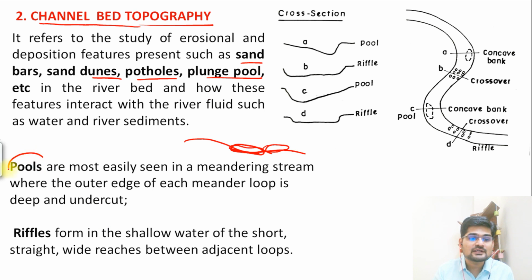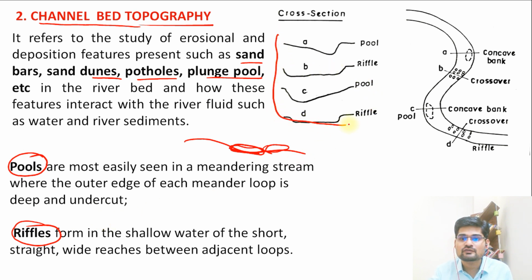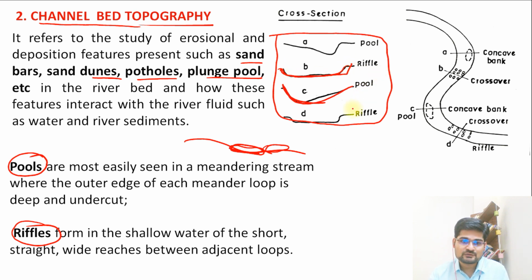So there are 2 things that we need to remember. One is called pool and the other is called riffle. So what is this riffle and what is this pool? Now if you look into this structure, this cross-sectional profile of a pool and riffle. Now remember, a pool has greater depth, and a riffle does not have that kind of greater depth, but largely has width. So one thing that is important is the depth parameter. The other part is about the